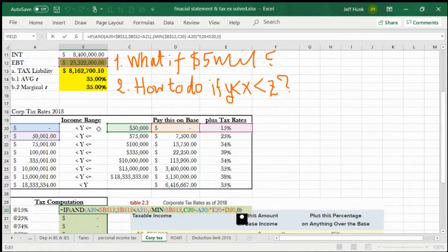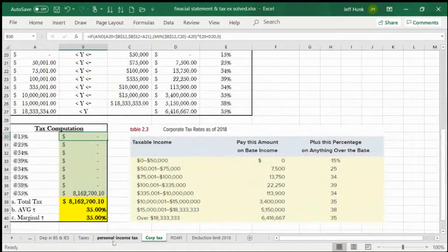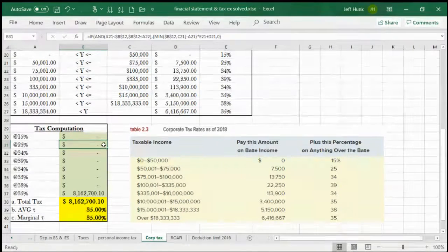And if it falls into this, you do that. If it doesn't fall into this range, then 0. Nothing applies in this range, and so it automatically puts 0 there. And if you drag it down through and through, it will automatically find